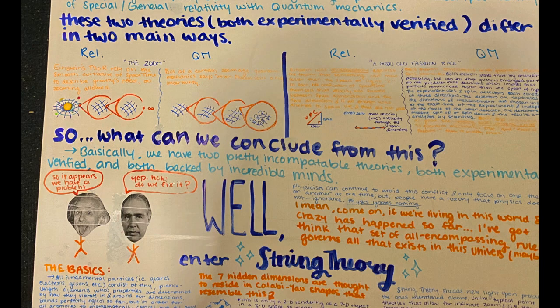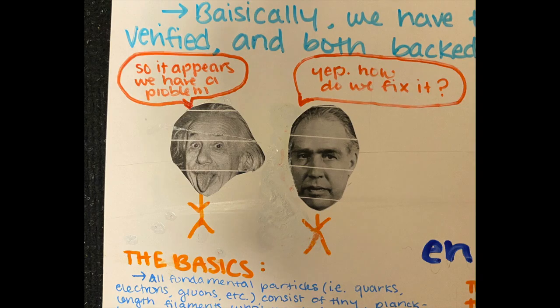So, what can we conclude from this? Basically, we have two pretty incompatible theories, both experimentally verified and both backed by incredible minds. And here I have Einstein and Bohr, two prominent scientists on either side, Einstein being relativity and Bohr being quantum mechanics, and they're having a little discussion. Einstein says, "So it appears we have a problem," and Bohr says, "Yep, how do we